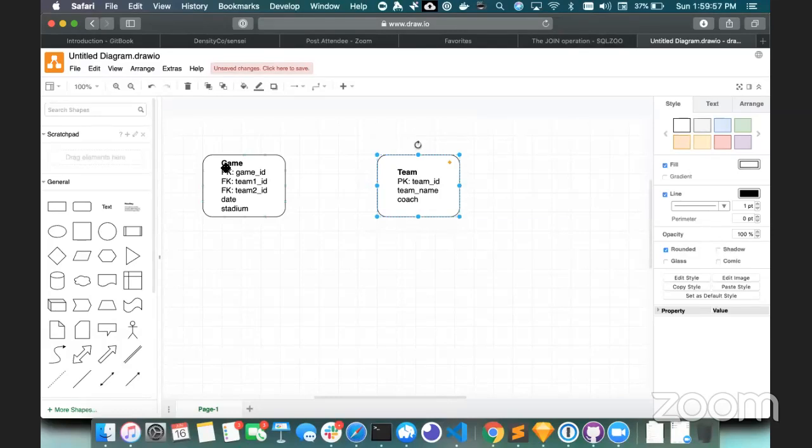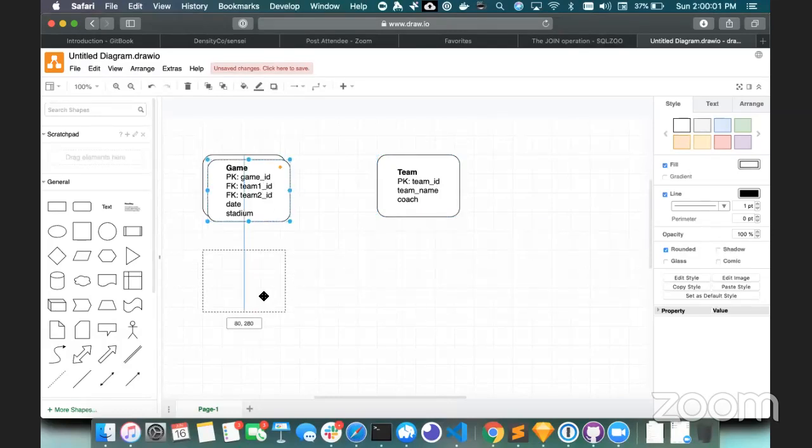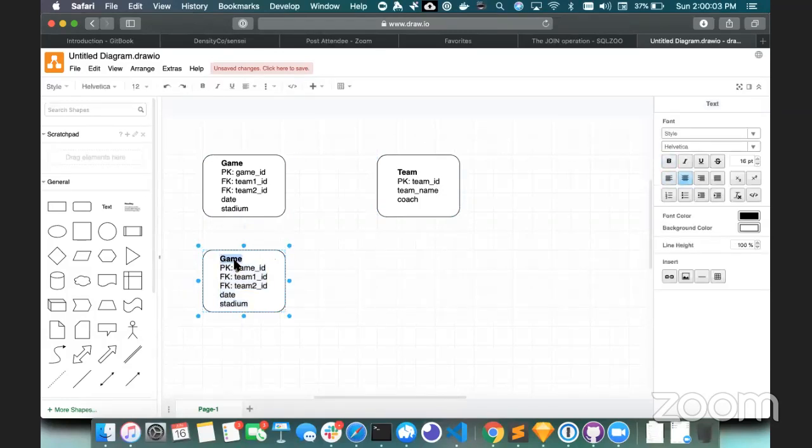Okay, so we have game, we have team, and we have goal, right? So goal has a primary key. Why don't we add a primary key this time of goal ID, even though we don't need to, you could make it a combination, like we said, of game and time. But let's just make a goal ID, because